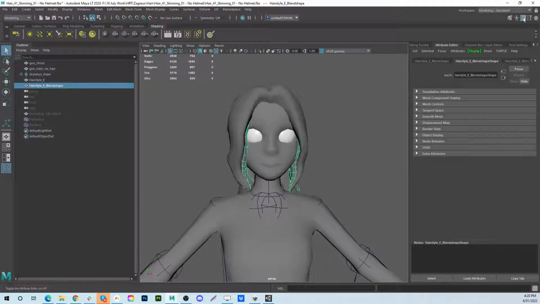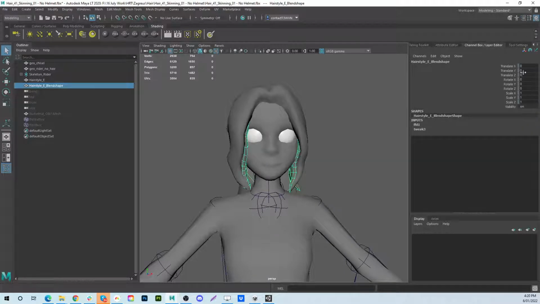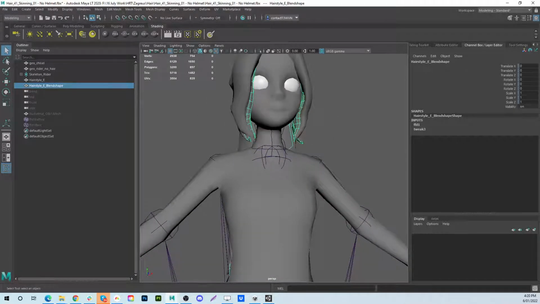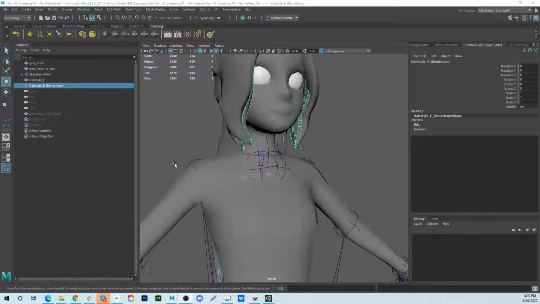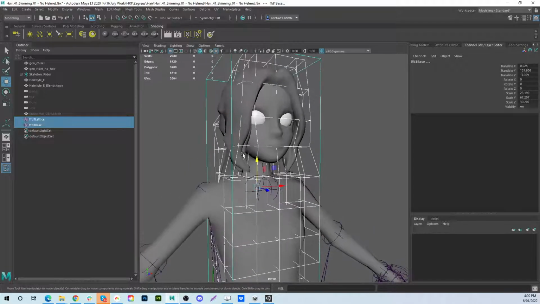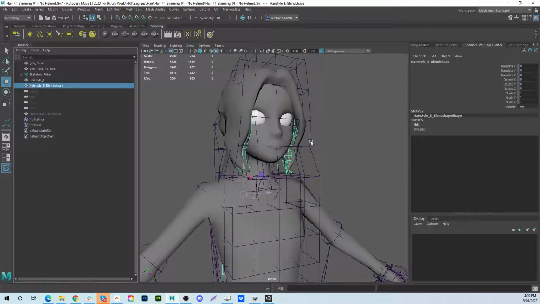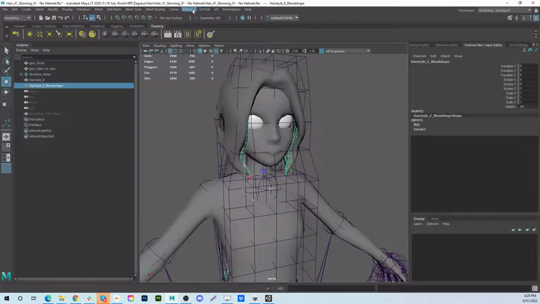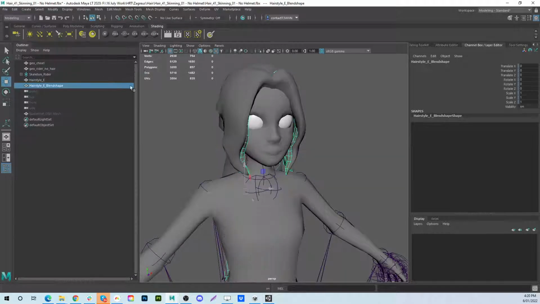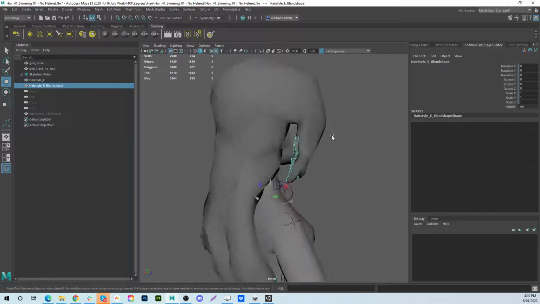let me just see something. Everything is zeroed out. Alright, let me just hit pause quick. Okay, it might be that I need to apply the lattice before we do the blend shape. I think that is the case. So what I will do is, I believe I can just go edit, delete by type, history, and that just deletes the lattice but saves the